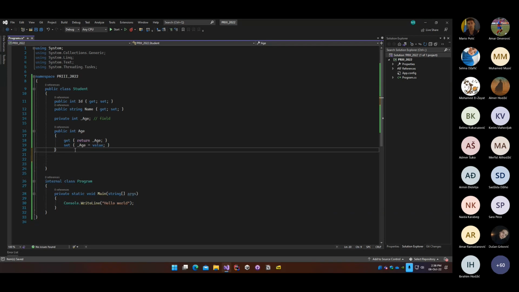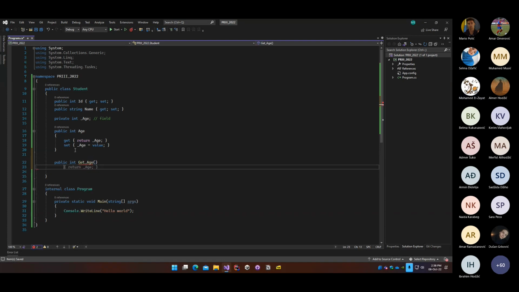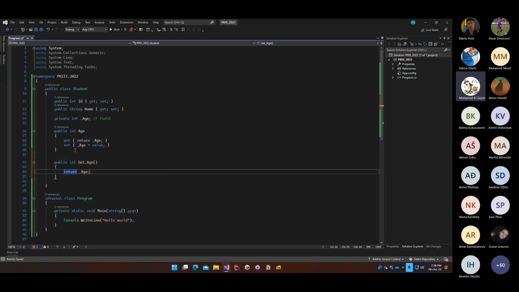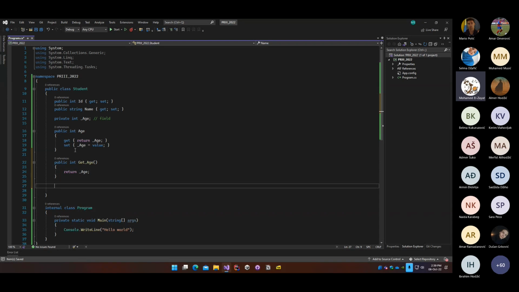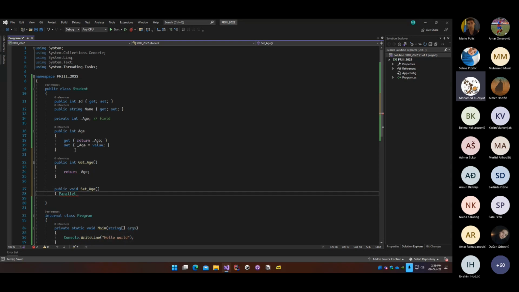So down deep in the compiler, you will see this public int. I think it's going to be get underscore age or something like that. And here is going to be saying return age somewhere deep down in the compiler. And then public void set underscore age is going to be something along the lines of, actually, here's going to be int value. And right here is going to be,